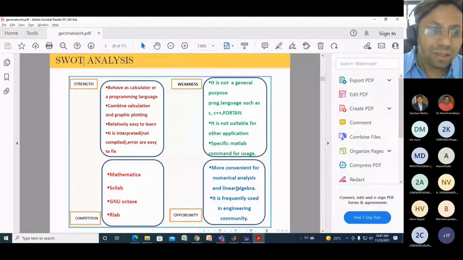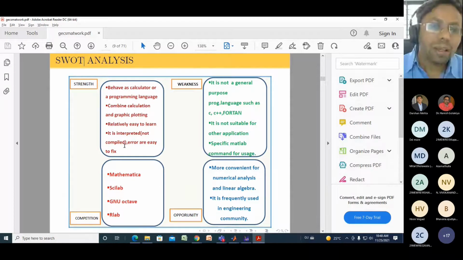After that, it is interpreted, meaning whatever you write in MATLAB will be compiled by the compiler, but it depends on how you give the input. So if your input is wrong, you will get a wrong output. Many times it is referred to as an interpreter, not a compiler, because, for example, if you give a wrong input, you will have the wrong output. It does not show you where you have the right algorithm. Interpreted means whatever input you have written will be interpreted by your compiler.